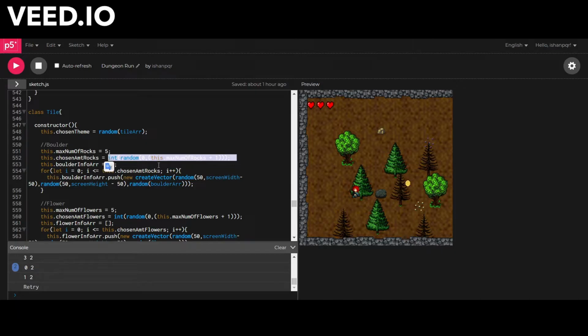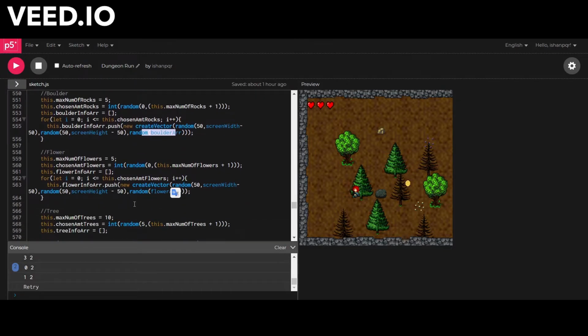I randomly choose how many rocks I place in the room, and then I have an array that contains the information of the boulder's position and what image I should use for a boulder. So I have 2 images for a boulder, and it randomly chooses between one of those two. So basically it's a for loop that runs however many times the code has chosen for how many boulders should be placed, and then I put it into a 3 dimension vector which just serves the purpose of storing the X position, the Y position, and then which image to